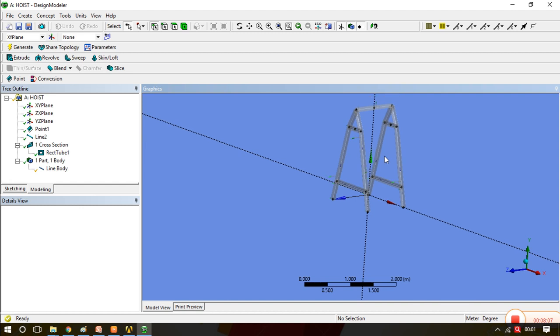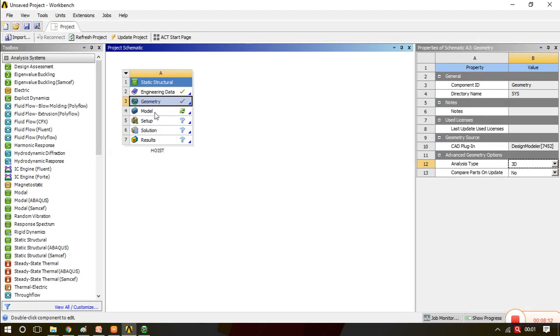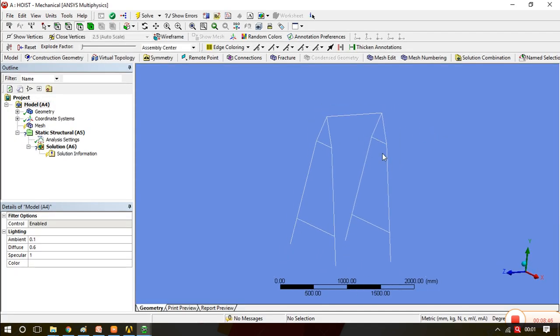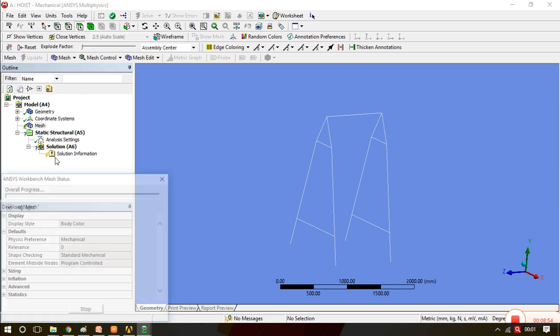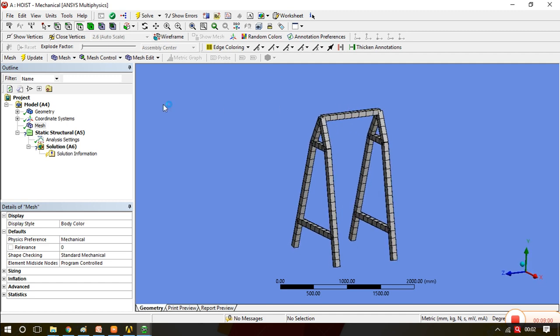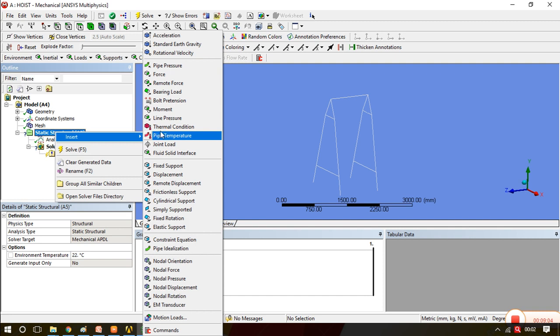Now we will go to the ANSYS Mechanical. Once we come to ANSYS Mechanical, quickly generate the mesh. We need not refine it, it is a proper mesh. Now go to the static structural and give the first boundary condition, which is the fixed support.